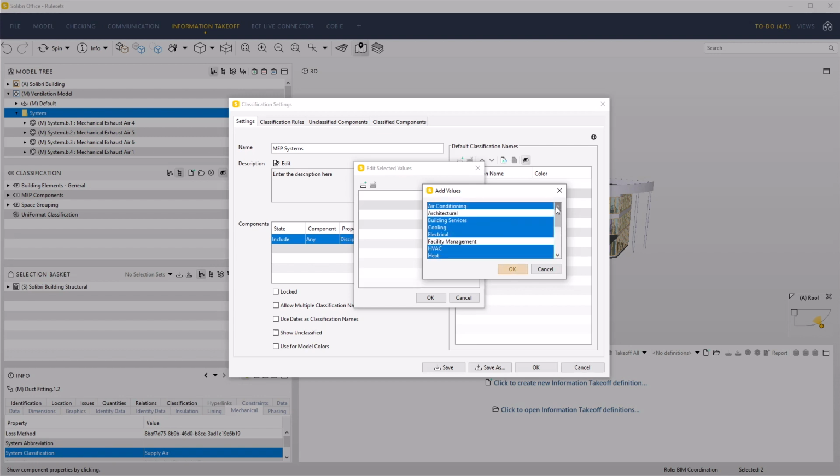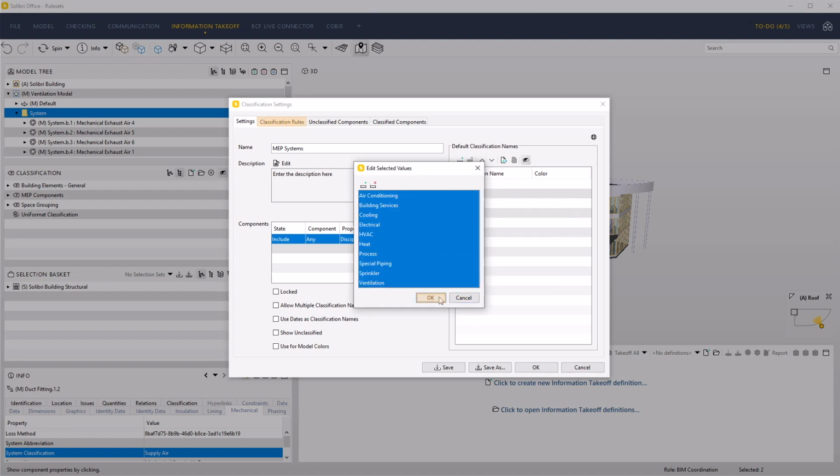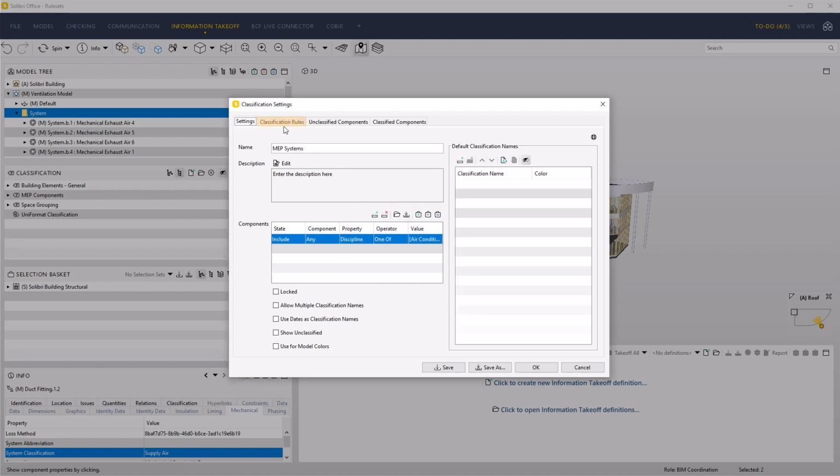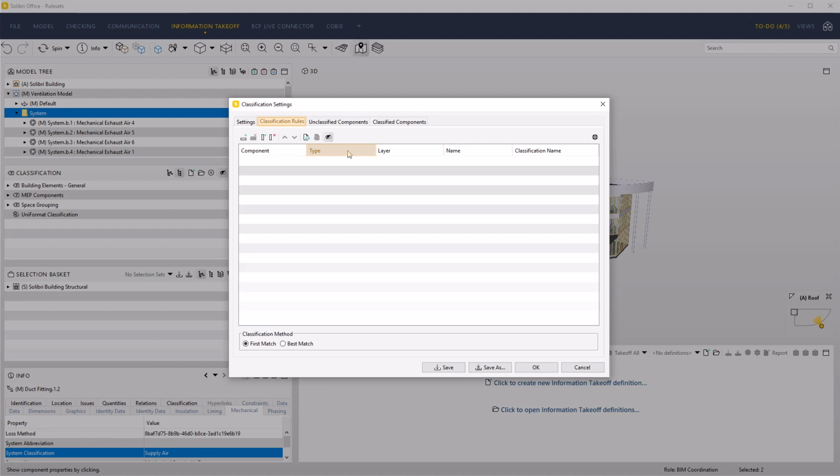Click on the Classification Rules tab. Right-click on the Type column and select Remove. Do the same for the Layer column. We will use only one property for obtaining values. If data exists in different locations for other models, then you could utilize additional columns to set the priorities for classifying data. Double left-click on the Name column header